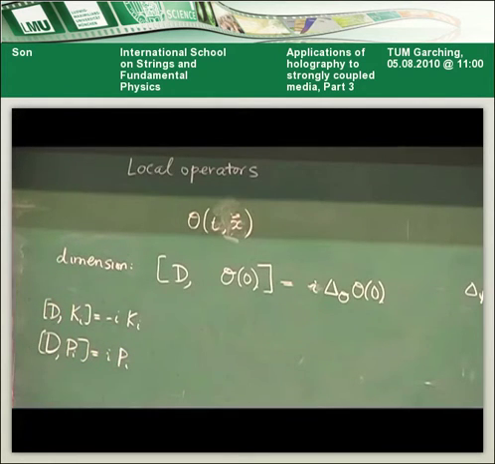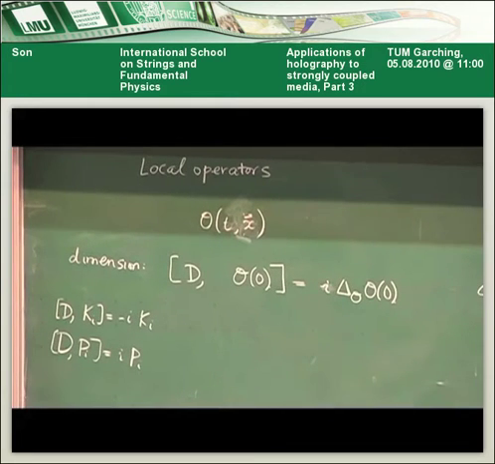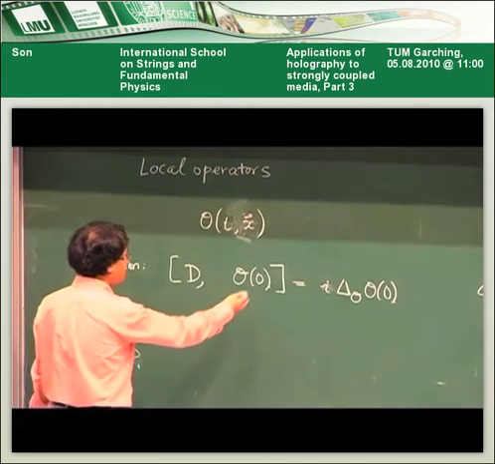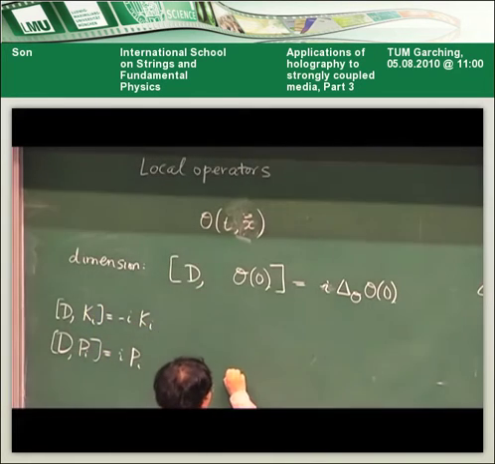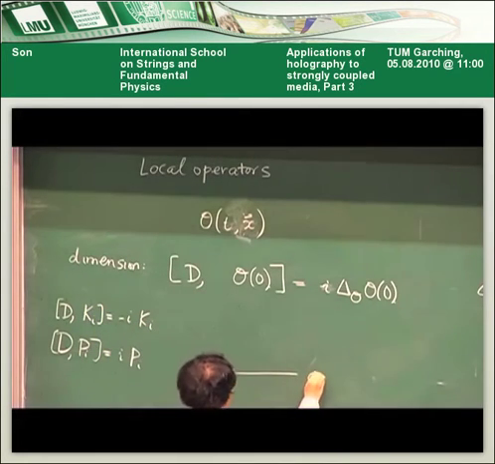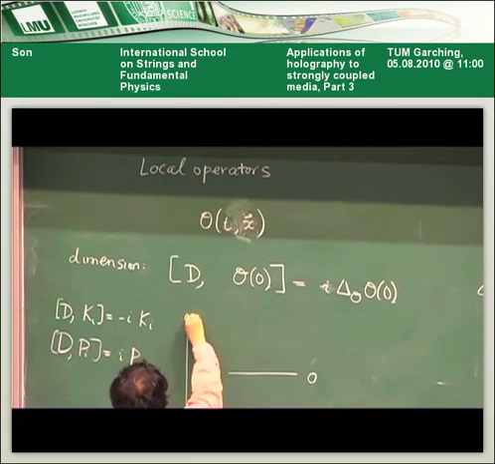Okay, momentum has dimension +1. That means that if we have an operator with dimension delta, say I draw here a diagram like this. This is the dimension,